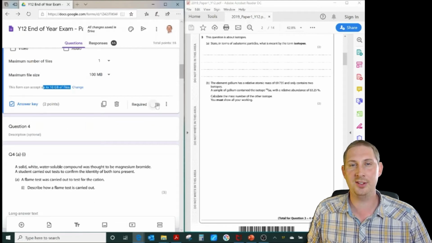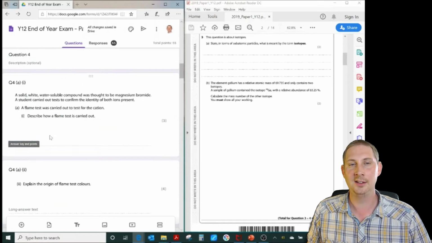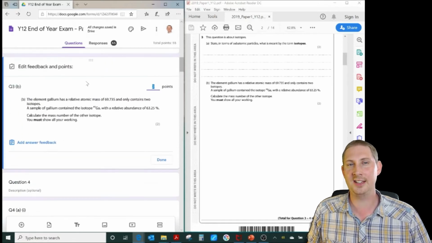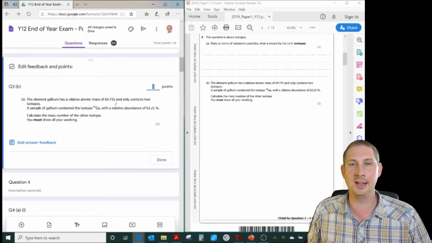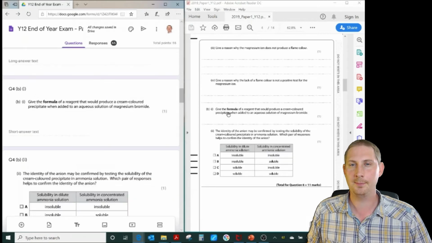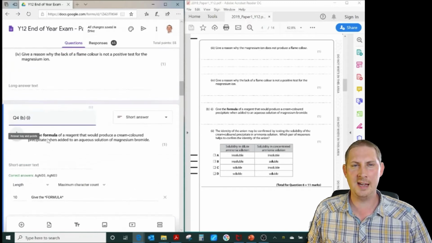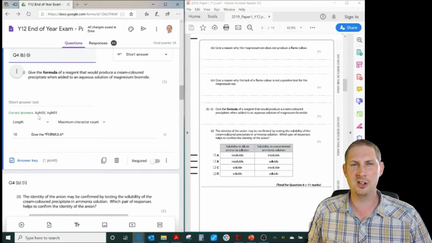Again, you can make questions required if you wish. And again, for this, the only answer key that you can give for a question such as this is the number of points it's worth. Give the formula of a reagent that would produce a cream-coloured precipitate when added to an aqueous solution of magnesium bromide. Now this time there is a particularly correct answer,